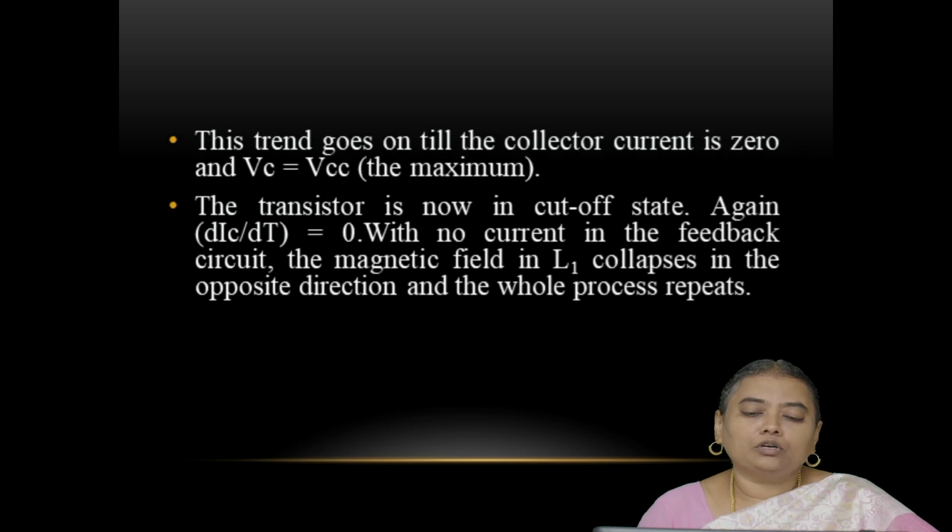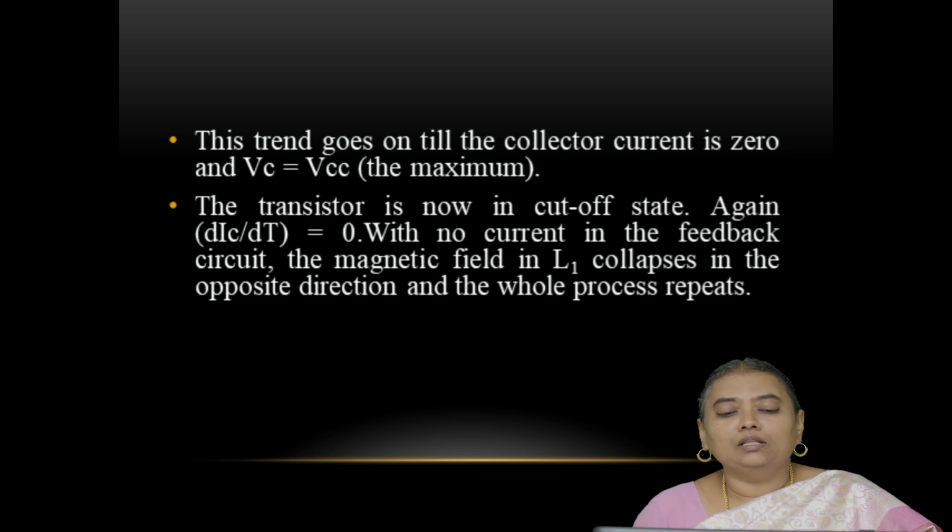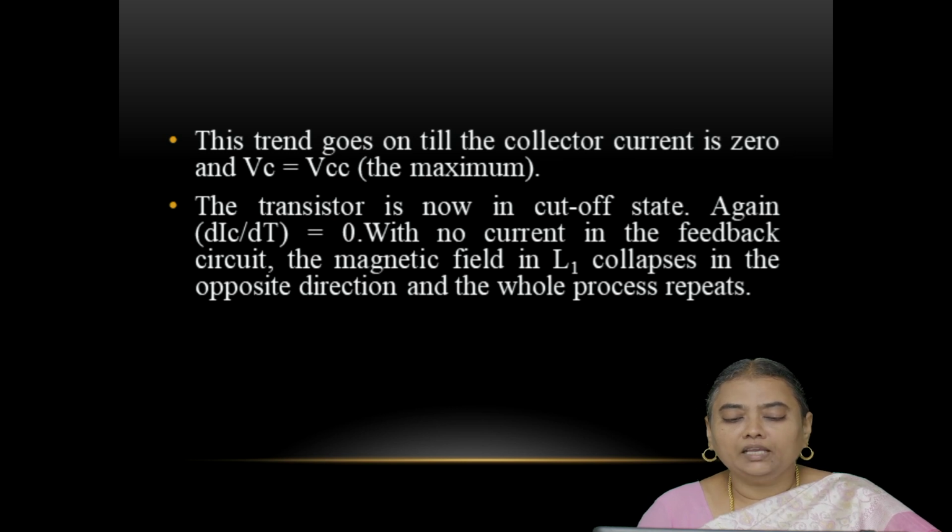This trend goes on till the collector current is 0 and Vc equal to Vcc, that is the maximum value. The transistor is now in cutoff state. Again dIc by dt equal to 0. With no current in the feedback circuit, the magnetic field in L1 collapses in the opposite direction and the whole